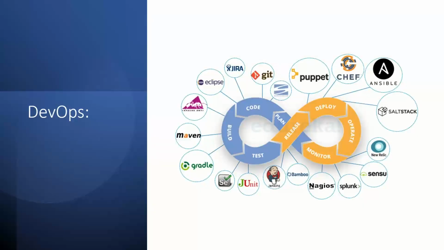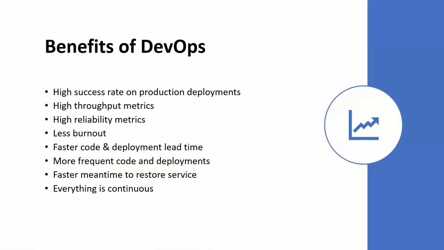So everything is within a minute. You push your code and you get your feedback. Your code will be going through multiple phases, right? So there are very few chances you are going to release buggy software to production. So there is a faster code deployment lead time. Everything is faster, right? You get feedback within a minute. So everything is faster here.